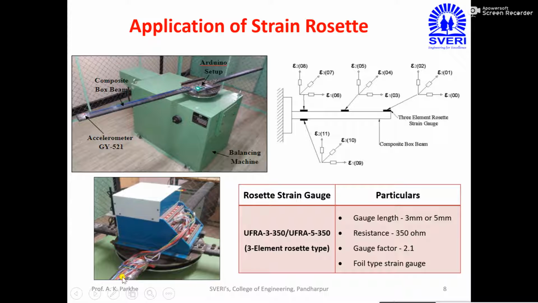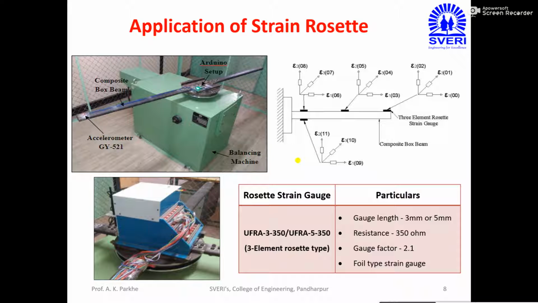Whatever amount of strain is induced, this strain data acquisition system will collect the data from these blades, and it will transfer all the strain values to your computer system through a wireless device or a Wi-Fi system. So this is the basic construction and the basic application of strain gauge rosettes, where they are used. From this figure we can easily understand that wherever dynamic applications are there, that means if any component is in rotating condition,